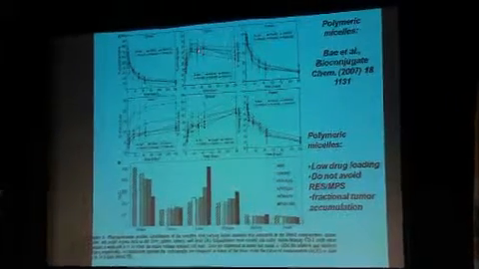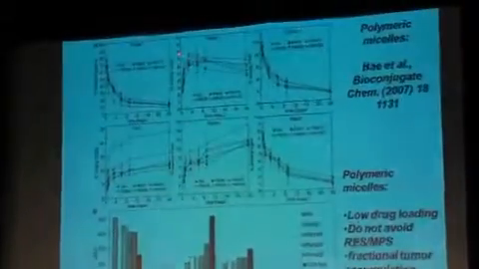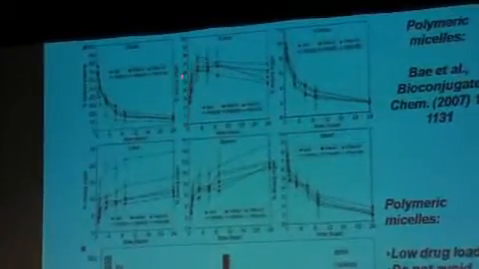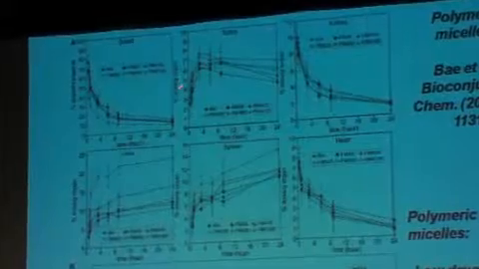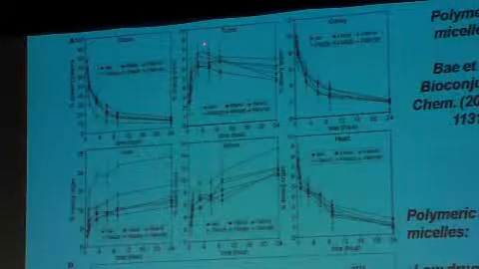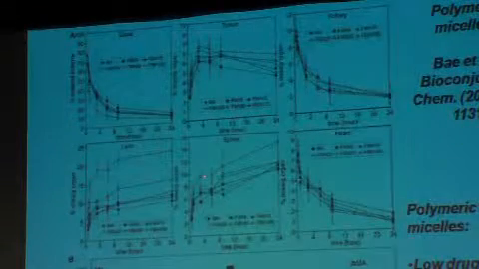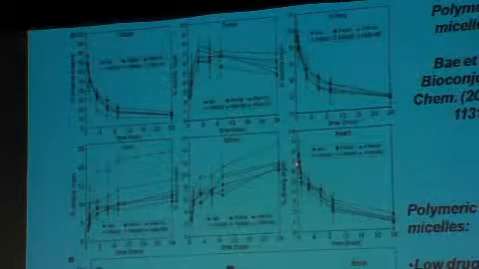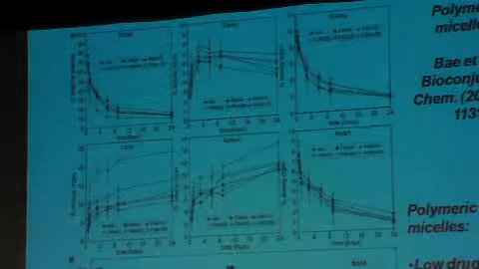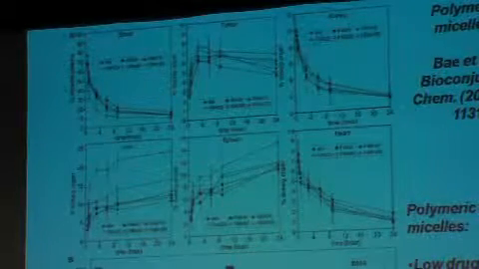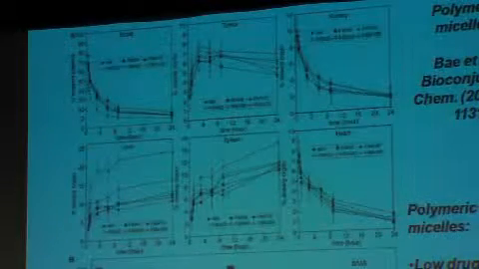There's an instant uptake by the tumor, which is good. But if you look at the y-axis here, the percent of dose that goes to the tumor, we have 6 or 7% that goes to the tumor, whereas if you look at the dosage that goes to the liver, 20% in the liver, 10% in the spleen, 8% in the heart. And we care about the heart because adriamycin is highly toxic to cardiovascular tissue, and so we care about how much goes to the heart.